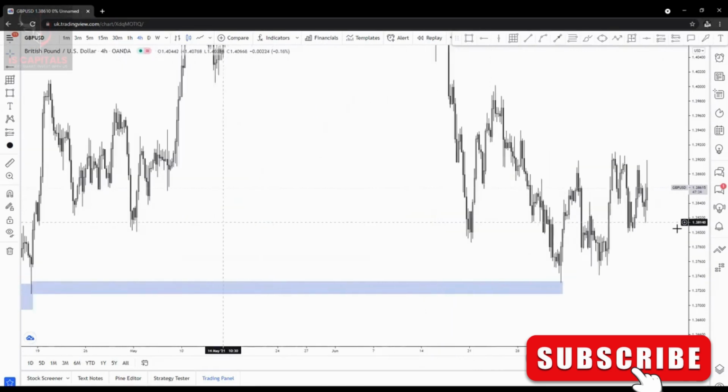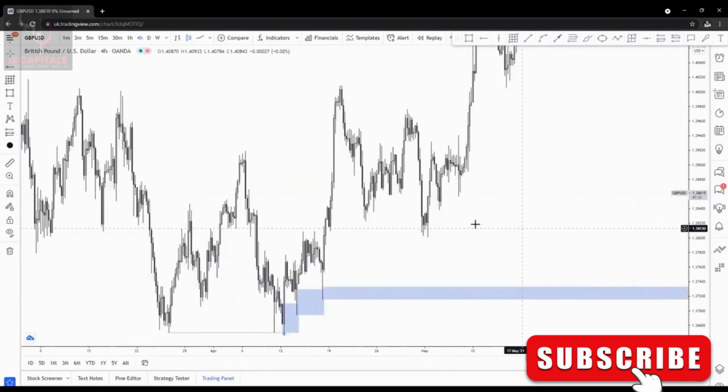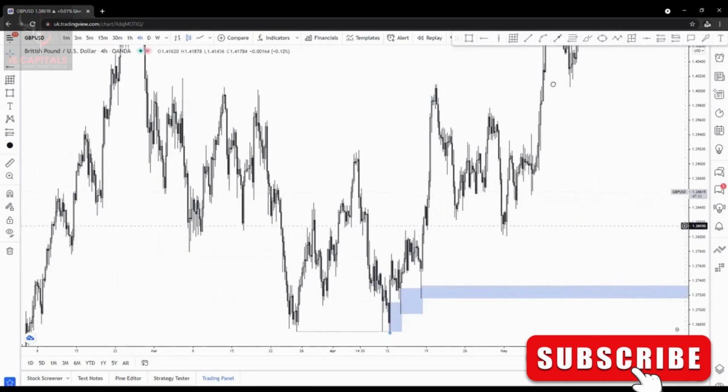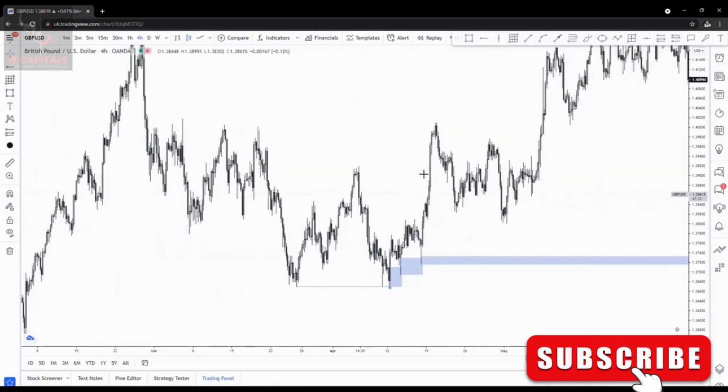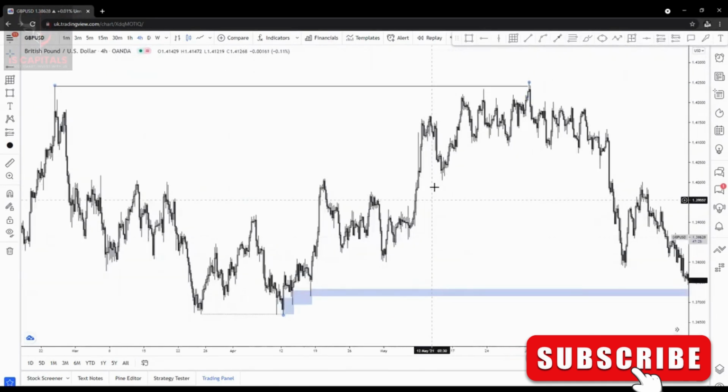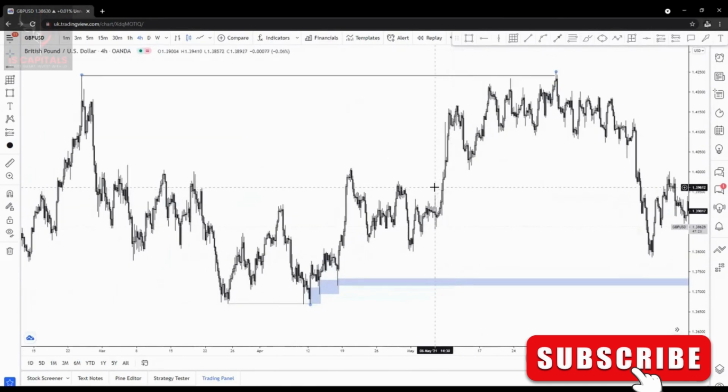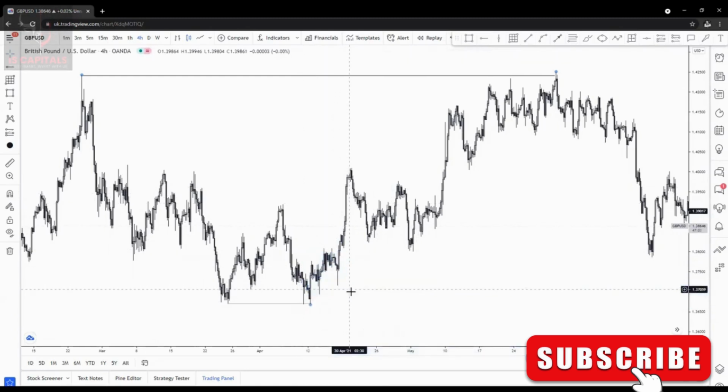And you know about liquidity, right? Now the problem comes when you're going to choose an order block, because there will be multiple order blocks all over the place. So how do we determine the right order block? That is the biggest question. I'll tell you, this works all the time.